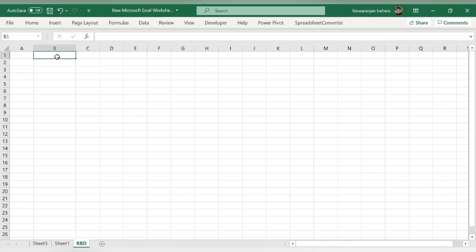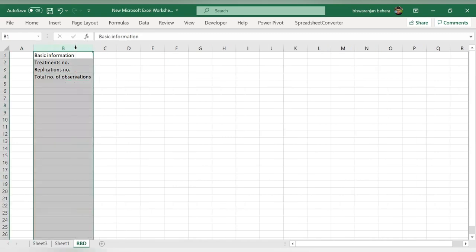So the first step is we have to write some basic information. Under basic information we will cover certain parameters like the number of treatments. So write the treatment number. After that, write the replication number. And then we have to write the total number of observations. The total number of observations is nothing but the multiplication of treatment number and replication number.